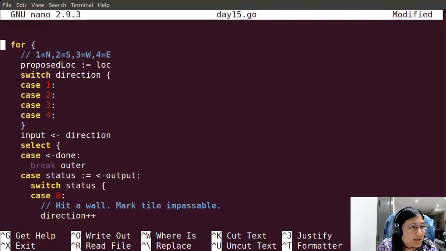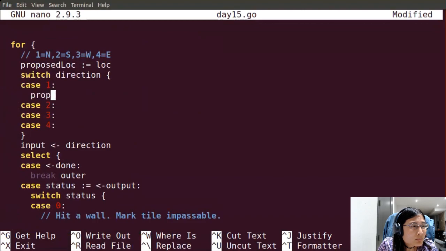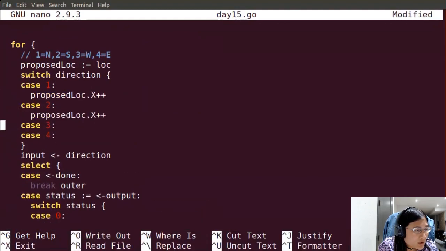So the x coordinate is incremented. The x coordinate is, wait, no. Cartesian coordinates.